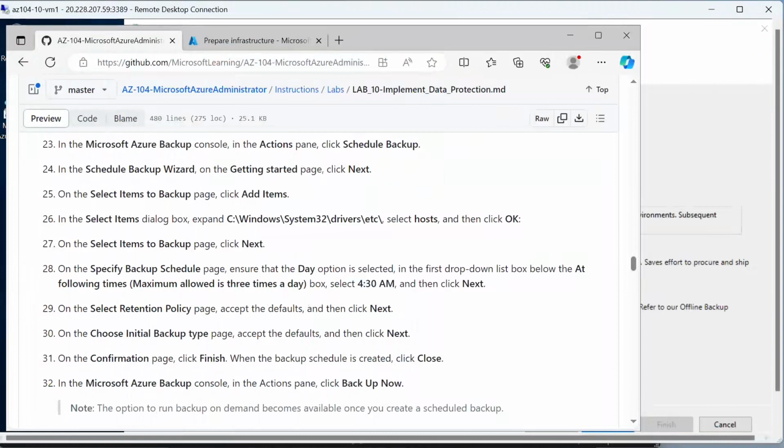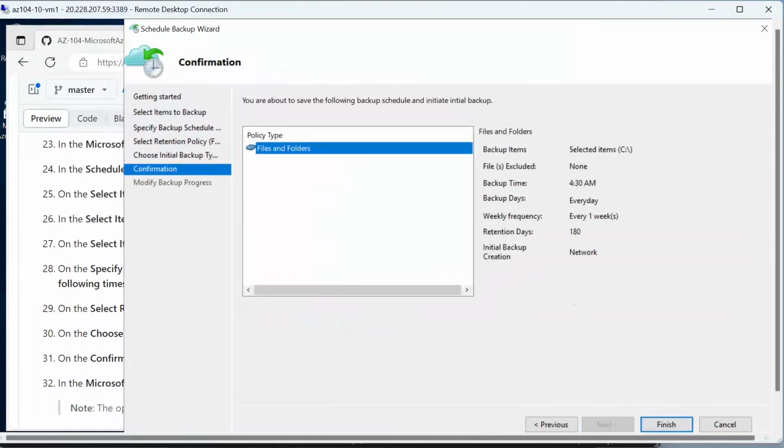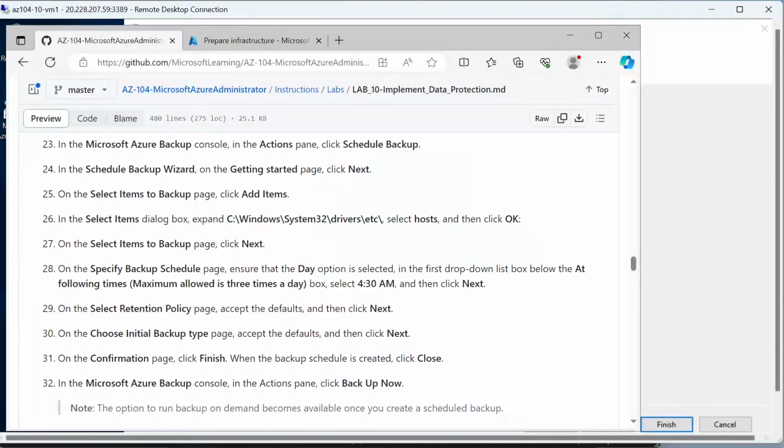On the choose initial backup type page, accept the defaults and click next. So this is the choose initial backup type. The default is selected to online transfer over the network. Okay, so we just accept the default here, click next. Then